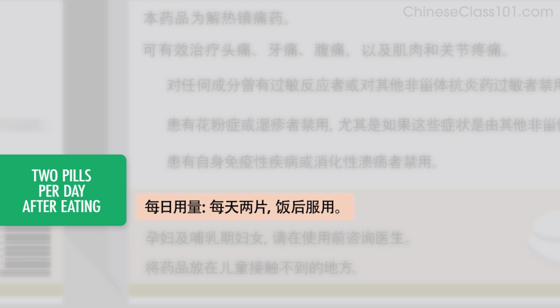The label says that daily dosage 2 pills per day after eating. 每日用量，每天2片，饭后服用。